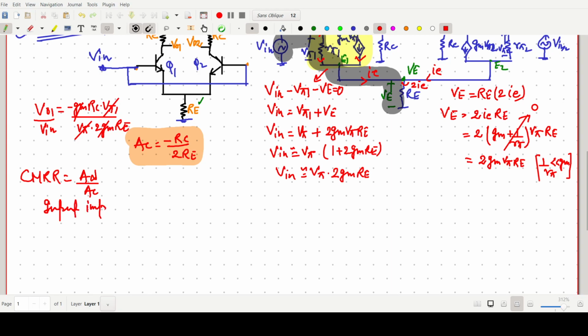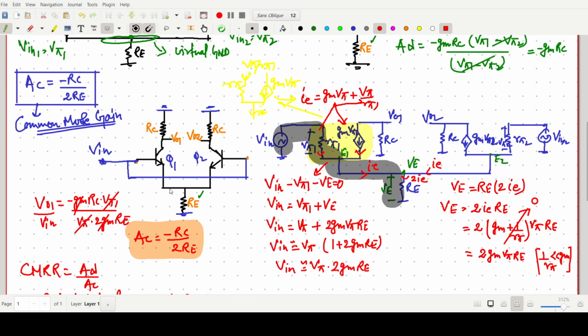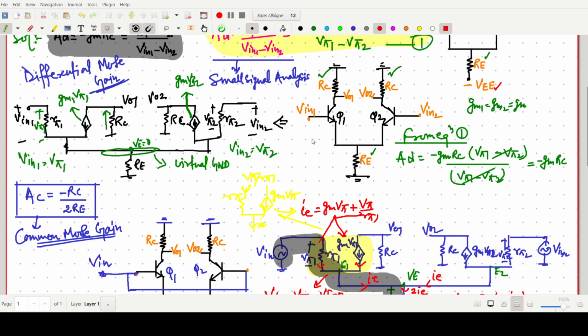input impedance, which is basically our ZI, is 2 mega ohm. So in this differential amplifier, input impedance is nothing but simply this impedance ZI. So what should be the impedance? In this one there is R pi 1, R pi. And if we go like that, what should be the input impedance? Nothing but simply R pi plus R pi, 2 R pi, because if we look from this side,